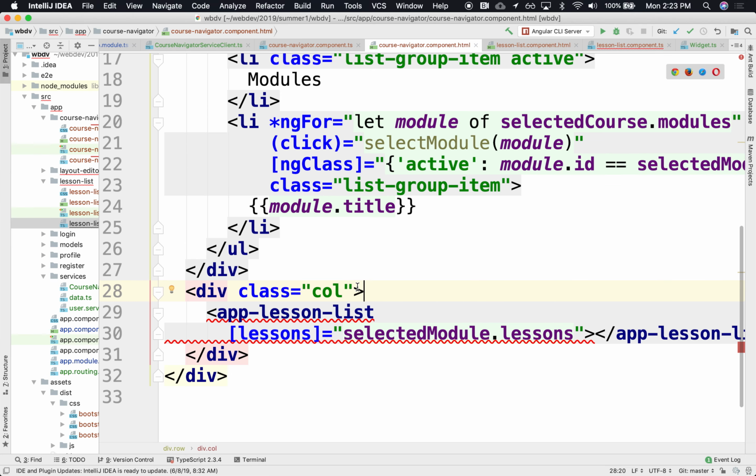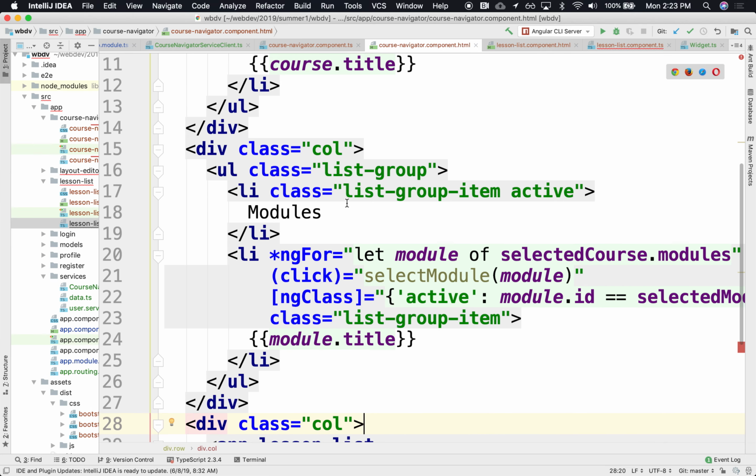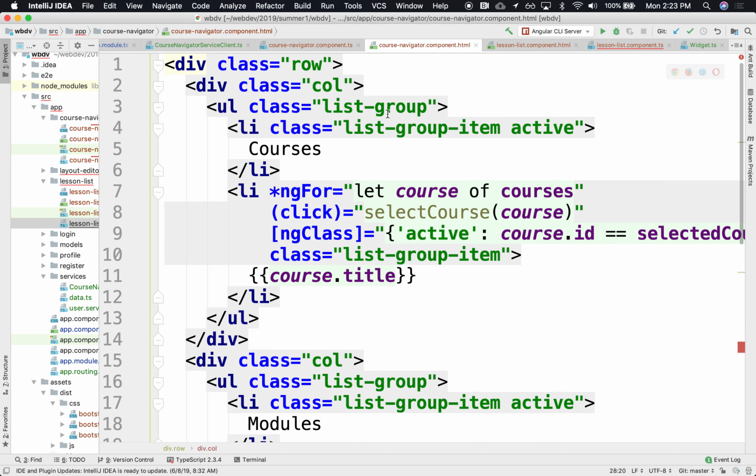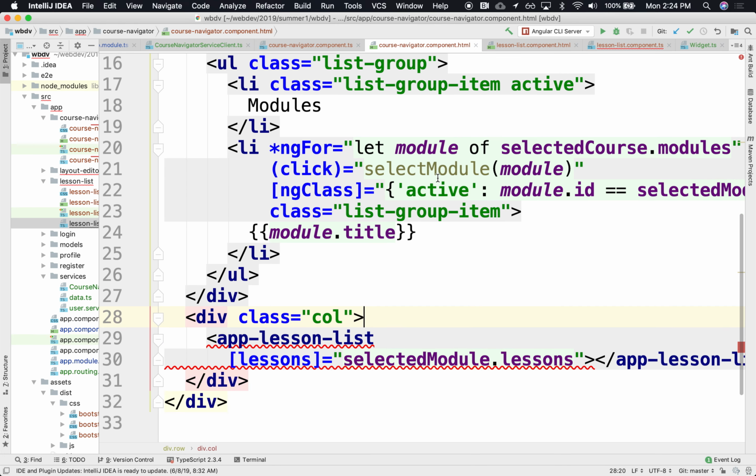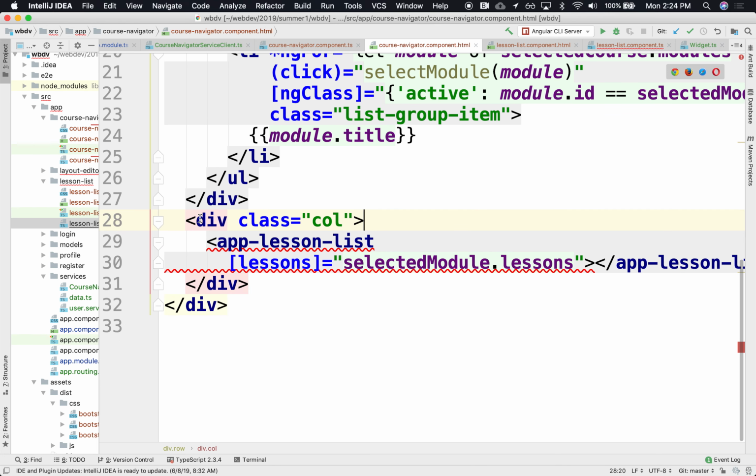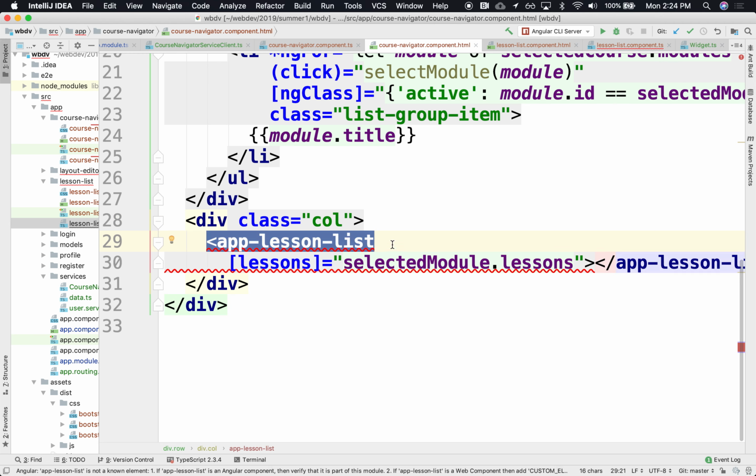And you would do the same thing with modules. You would do the same thing with courses. You would encapsulate them in their own components and then have them communicate with these inputs. Everybody good? The only other thing here, probably we can dispense with this div, since app lesson list already